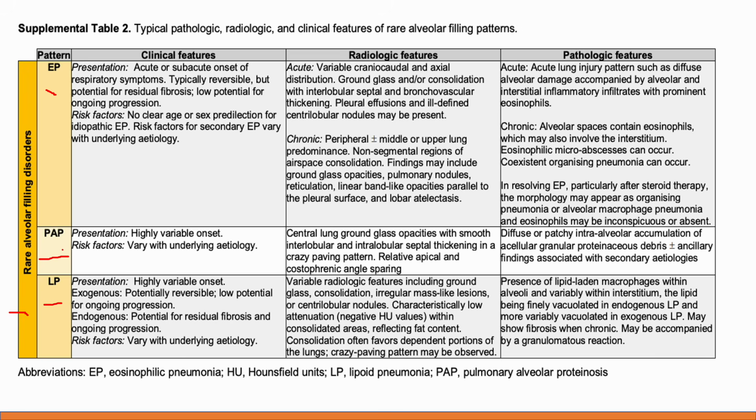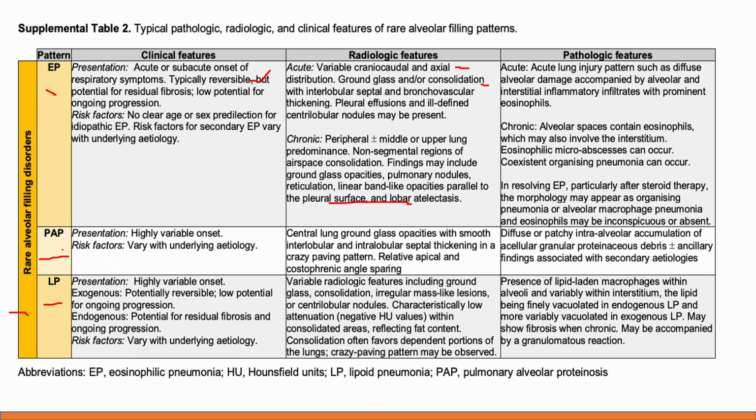Eosinophilic pneumonia, we know clinically can be acute or subacute, and typically it's reversible, but when it becomes chronic, it may have residual fibrosis, and it usually shows as variable ground glassing. So, variable craniocaudal and axial distribution with ground glass or consolidation with septal thickening and peribronchovascular thickening as well. When we go chronic, we also see findings of linear band like opacities near the pleural surfaces and sometimes lobar